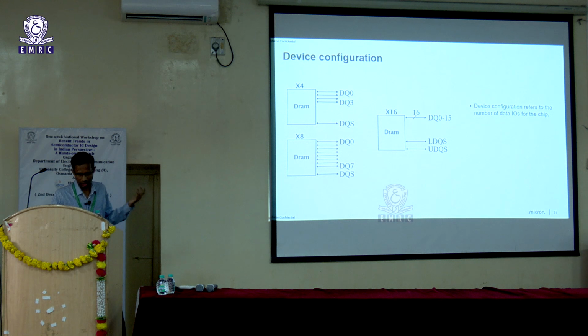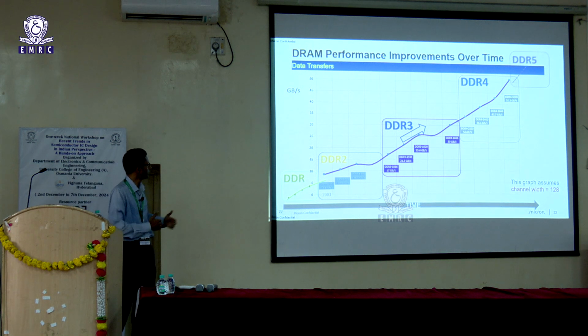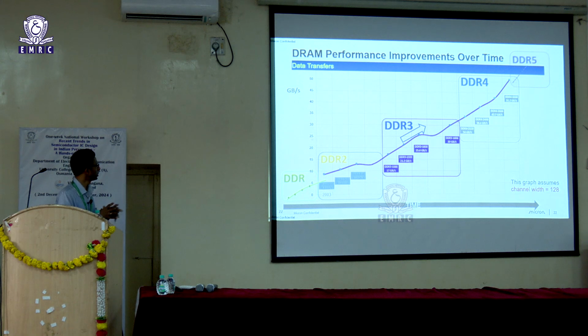So this is the conventional, the LP DRAMs and the compute DRAMs. The HBMs have much higher I/O. I'll talk about that later. So this is the growth that we have seen in the DDR systems all through. So as time progressed, for the past 20 years, 2003 all the way to 2020 and above, what you are seeing is the effective system bandwidth. What started off at say 8.5 gigabytes per second, now we are hitting greater than 50 gigabytes per second. So that's the kind of speeds that we have hit.